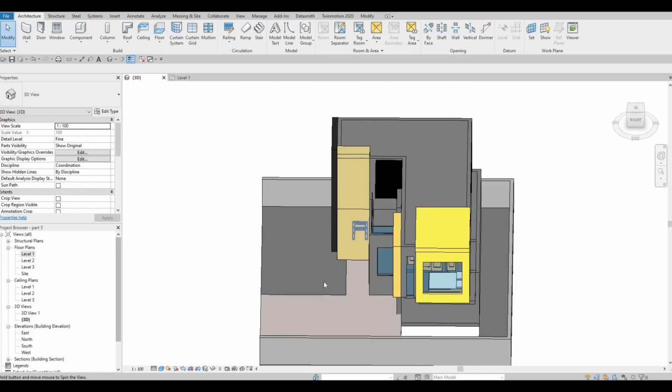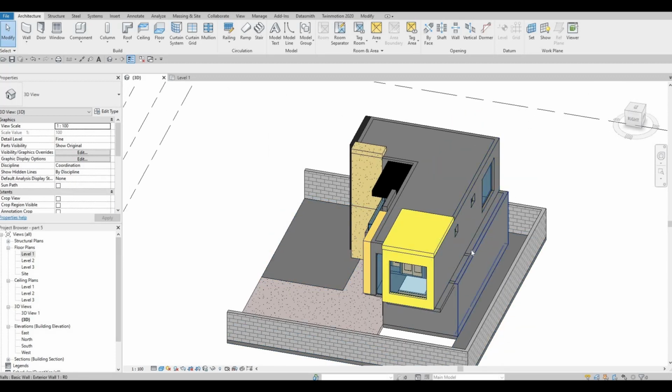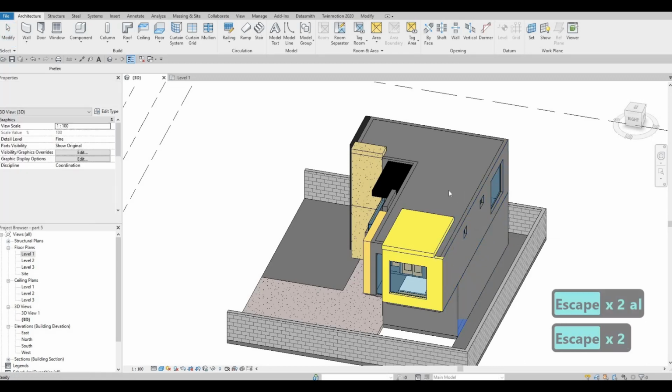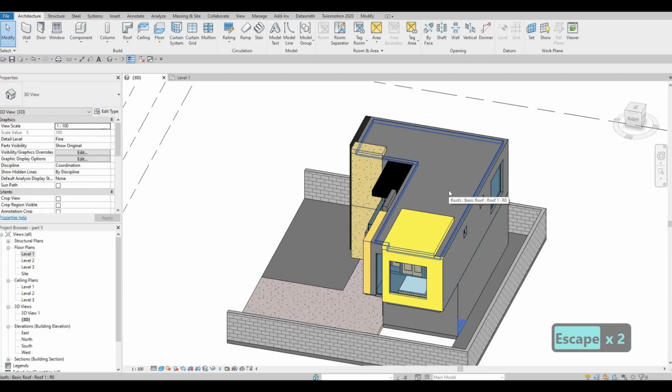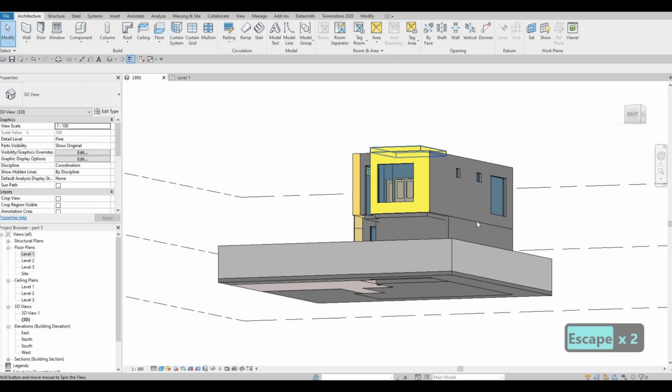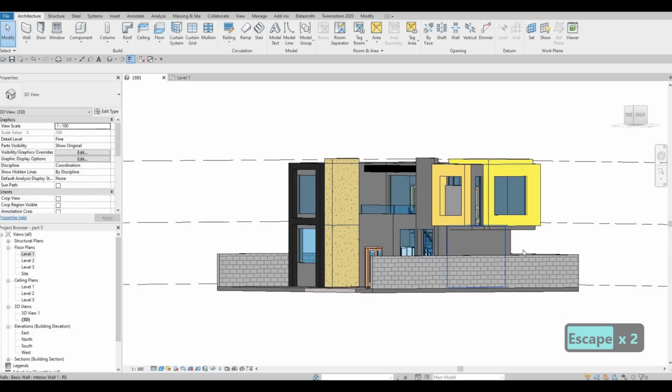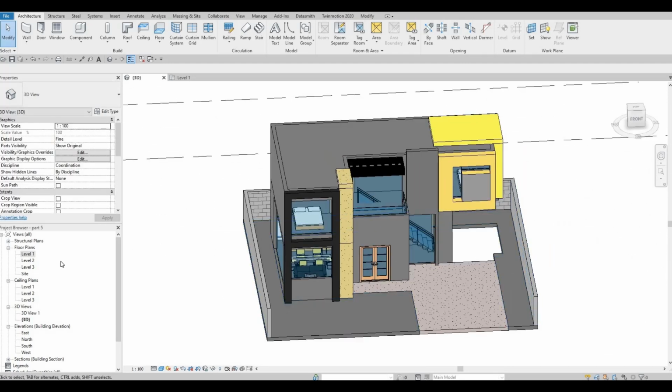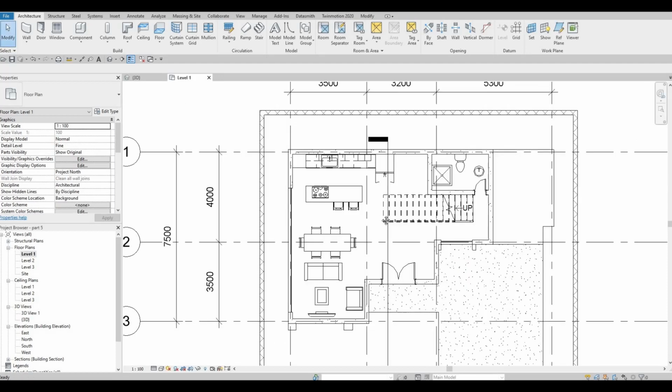And then here at the back, we added 500 millimeters. We're going to pull this back as well, so AL, this wall, and then select that wall, so everything is aligned all together right there. And then we're gonna fix this one right here basically. So let's go back to level 1,